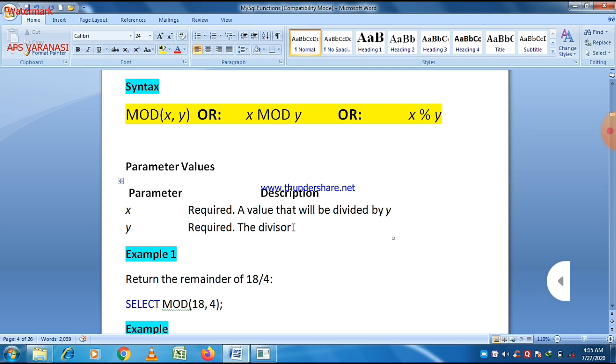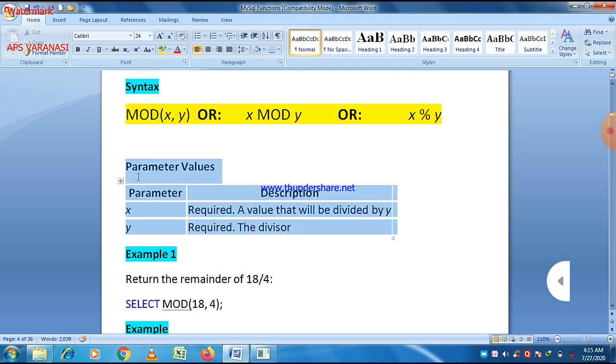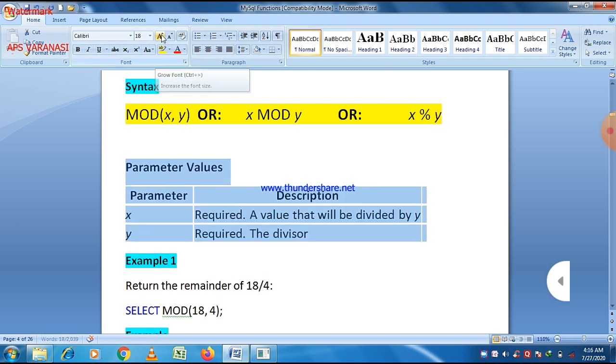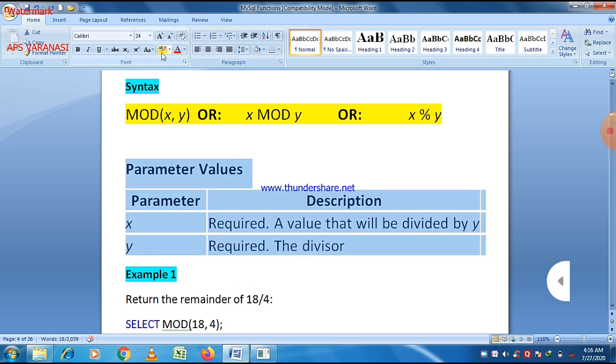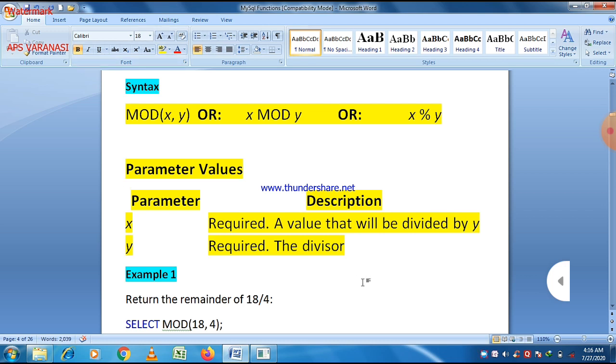You can use any of them. x and y are the two required parameters: x is the value that will be divided by y, and y is the divisor. There are only two parameters in it.